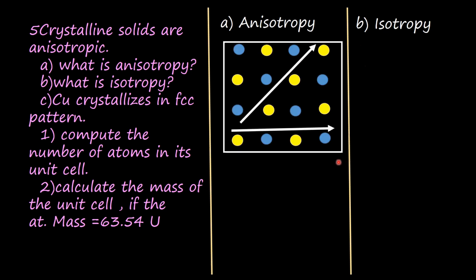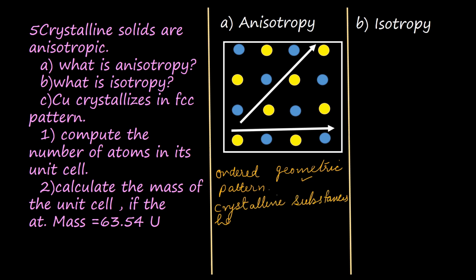This is the representation of a crystalline compound. The two types of particles are shown in two different colors. For ionic compounds, they are ions. They are alternating each other. Particles show an ordered geometric pattern of arrangement. That is, the particles are arranged in a particular order throughout the crystal. In other words, these crystalline substances have long range as well as short range regular pattern of arrangement.